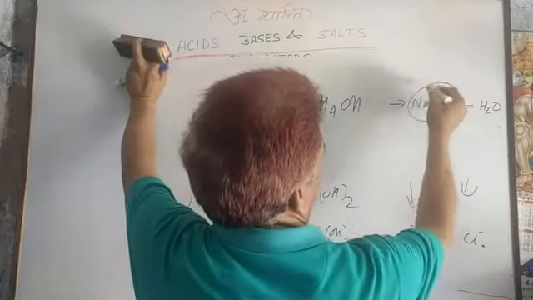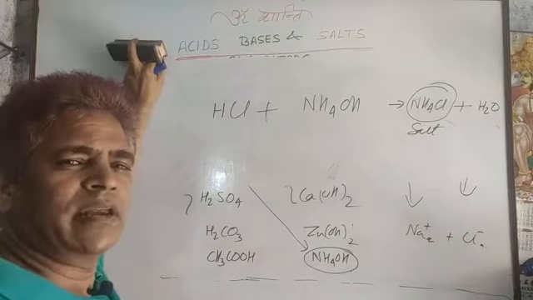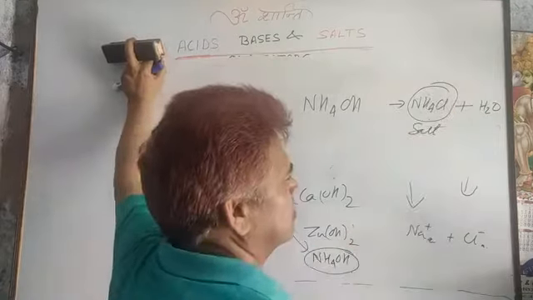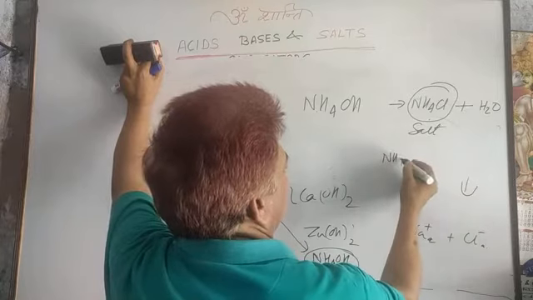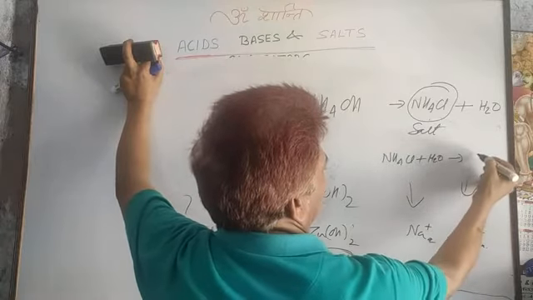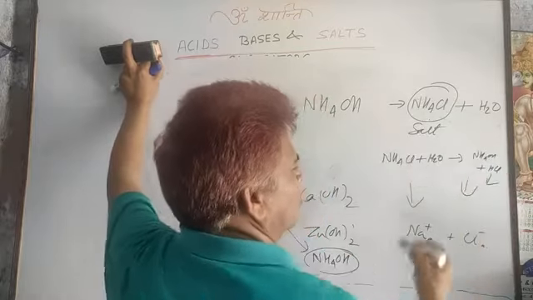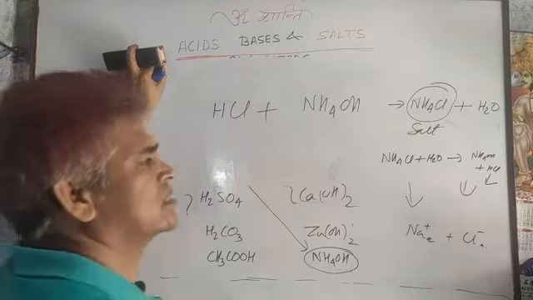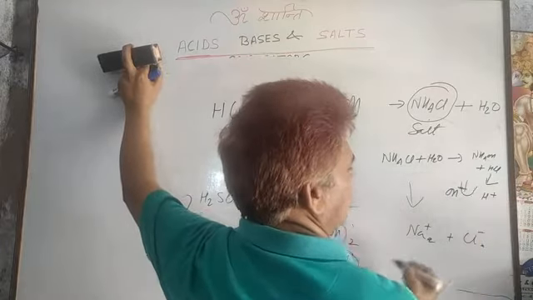So, this ammonium chloride is a salt, but you can identify whether that salt is acidic in nature or basic in nature. So, ammonium chloride is not 100% ionizable. Whenever ammonium chloride mixes into water, it converts into ammonium hydroxide and HCl. So, just you know, ammonium hydroxide is a weaker base and HCl is a stronger acid. So, that one gives more H plus and that one gives a lesser number of hydroxyl ions.